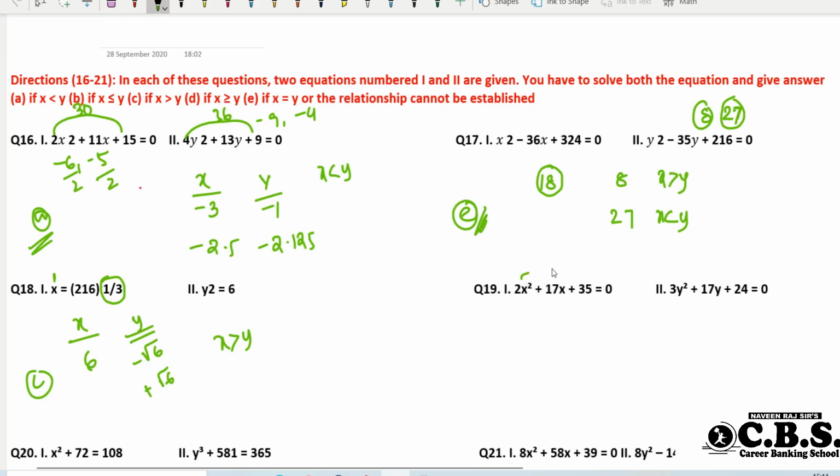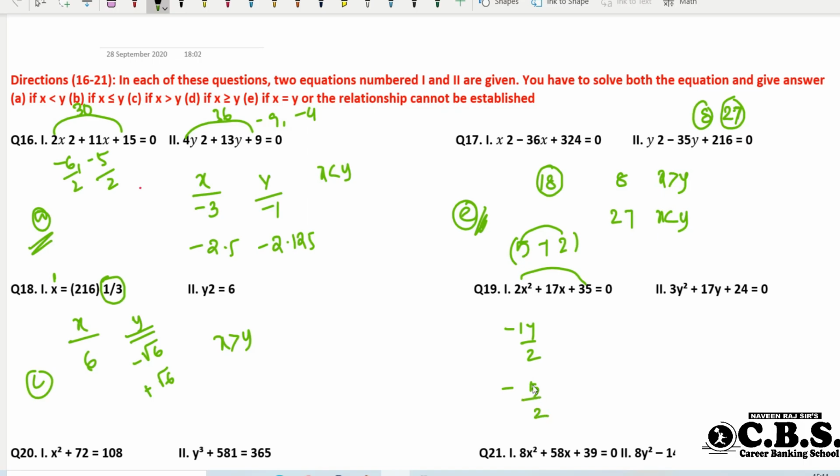Okay, here it is 15, 75 to 0, how much is it? 30. So you take it as 5 and 7 and 2. Always keep focus on prime numbers, because it gives an early result. Okay, 7 5s are 35 and it is 2, and 2 5s are 10 and 17. So definitely one root is minus 17 by 2, and the other root is minus 5 by 2. Clear? So 5 2s are 10. So what is the one root? One root is minus 10 by 2 and minus 7 by 2.